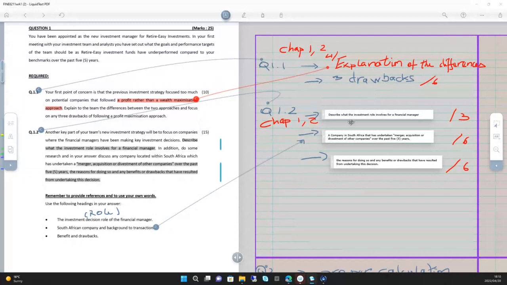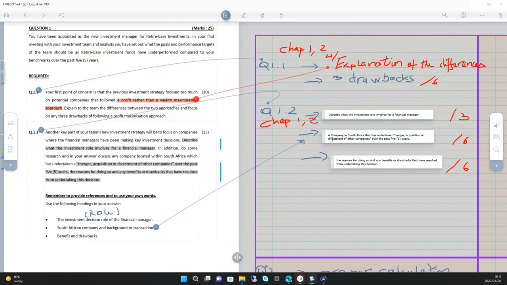So for question 1.2, as you can see, you need to describe what the investment role involves for a financial manager. And the question is quite formulated in the sense that you are the financial manager. And so from your textbook, obviously you will get the investment role and what it involves. And if you are drawing from your textbook, you need to reference your own textbook. But even if you don't go outside your textbook, the second point here, because remember that question 1.2 is 15 marks, the second point here,